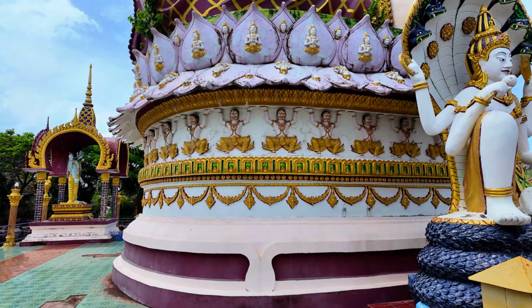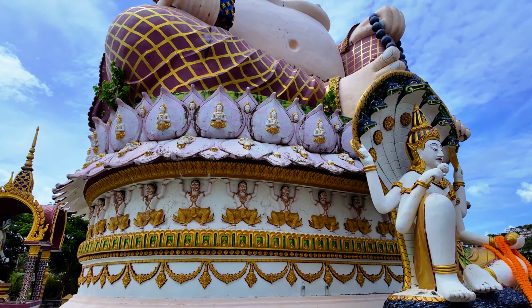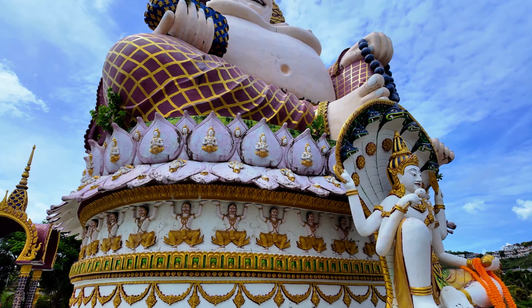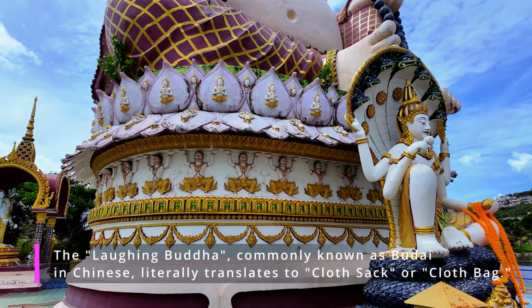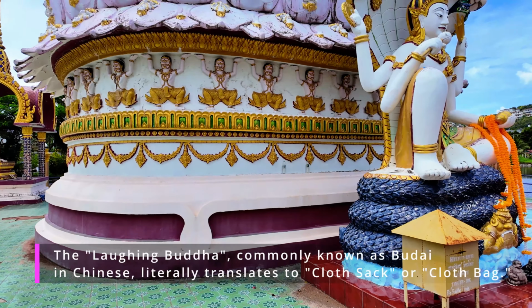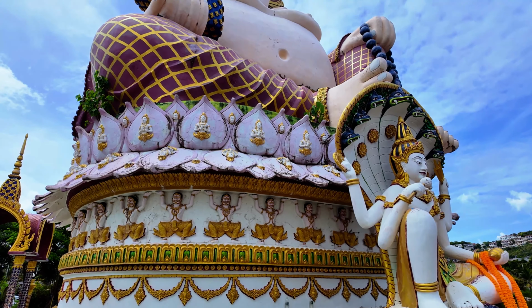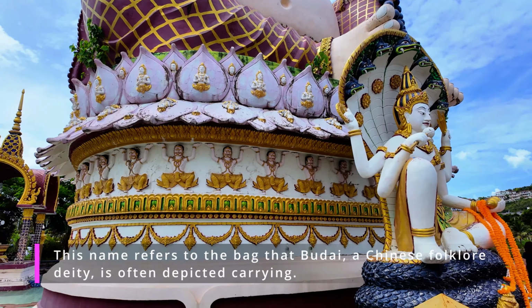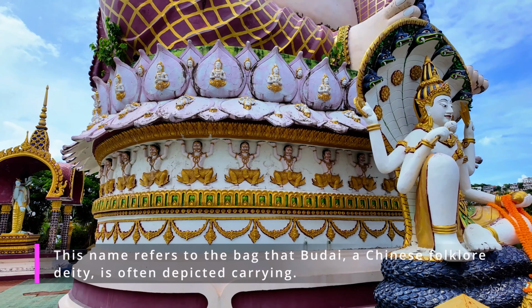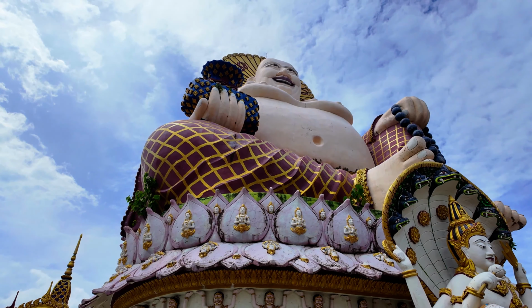And if we look at the Buddha here, just to give you a quick background information on Buddha, it's like a nickname given to the Chinese monk. So Buddha actually literally means cloth stack, and it refers to the bag he usually is carrying as he wanders aimlessly. So if you can see that bag here, that blue bag he's carrying,